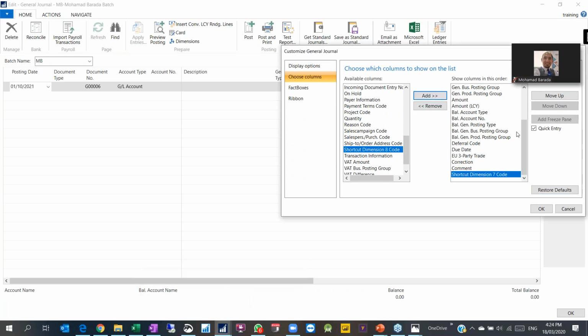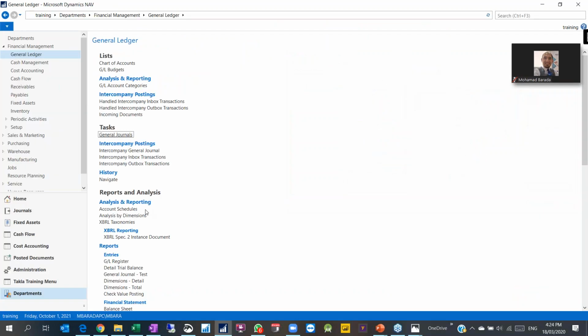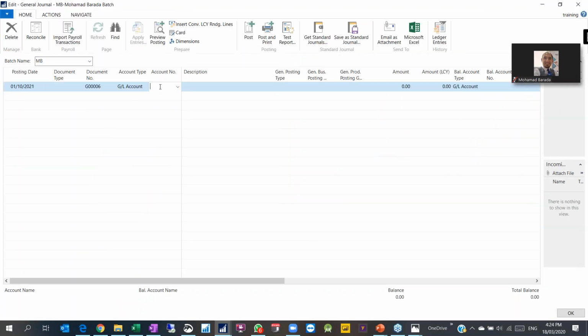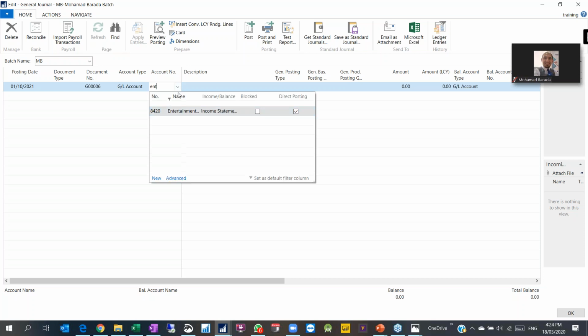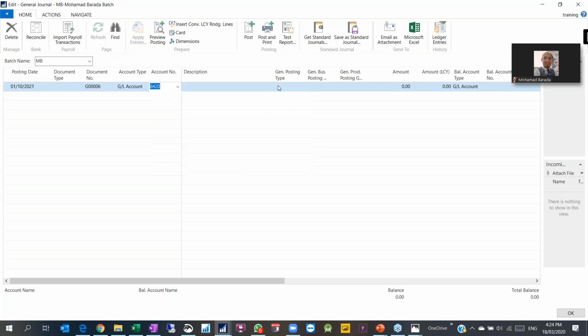But I will add it here to the system, and you will see the projects code also. I will add this to here. So now if I would like to add the entertainment account, so I'm in the batch, this date. I will put end. So entertainment account, I can add